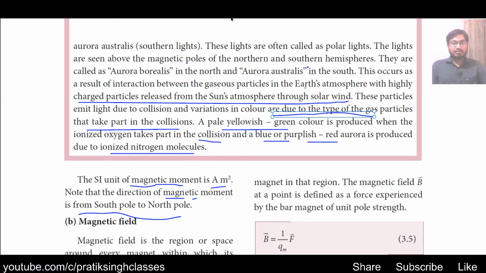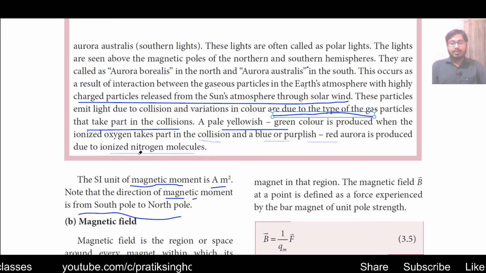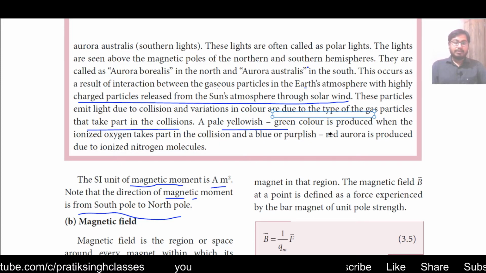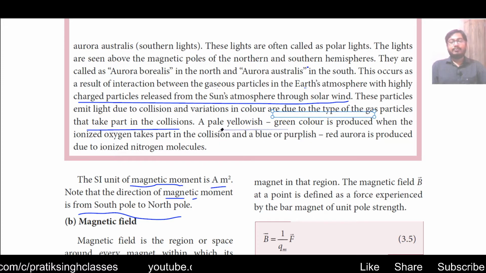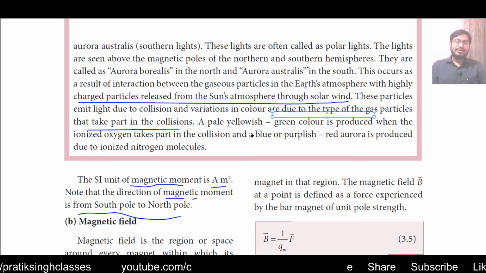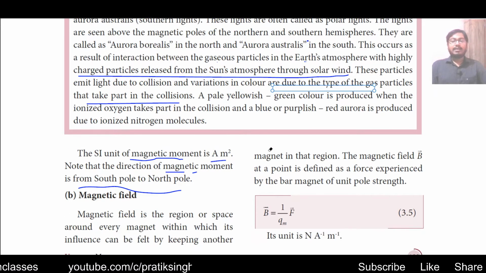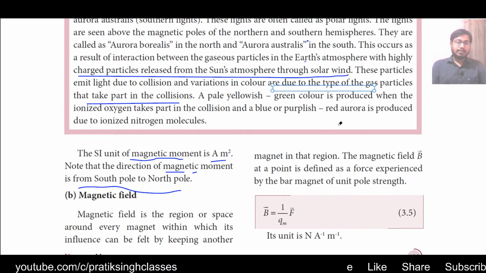But most of the time we see yellowish green color in the sky because it interacts with the oxygen layer first. We know very well that the ozone layer at the poles is very thin, and also the other layers are very thin at that place, so they come in contact with the shower of high energetic particles from the sun, and then they create colors. But they can't penetrate the layers of the Earth and can't reach the ground.